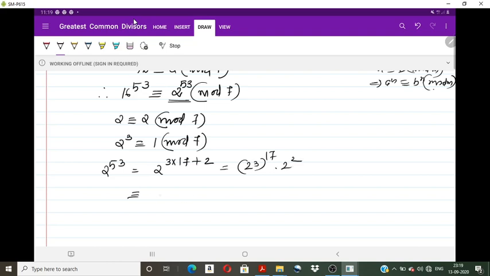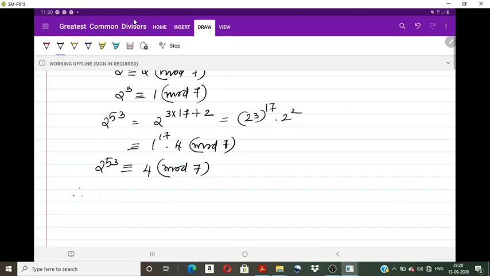So this is congruent to 2 raised to 3, which is congruent to 1 modulo 17, into 4 modulo 7, not 17. So this is congruent to 4 modulo 7, 2 raised to 53. That is by transitivity property,